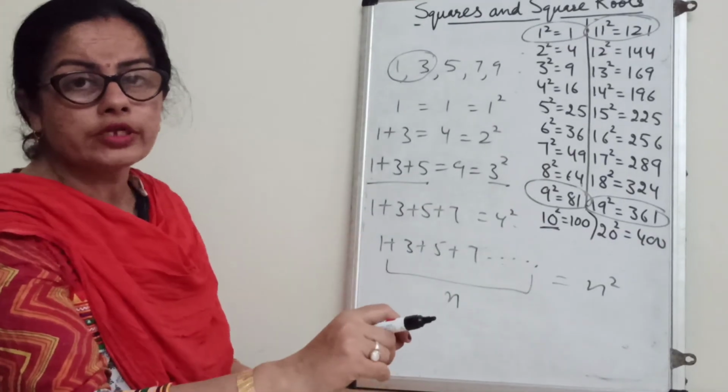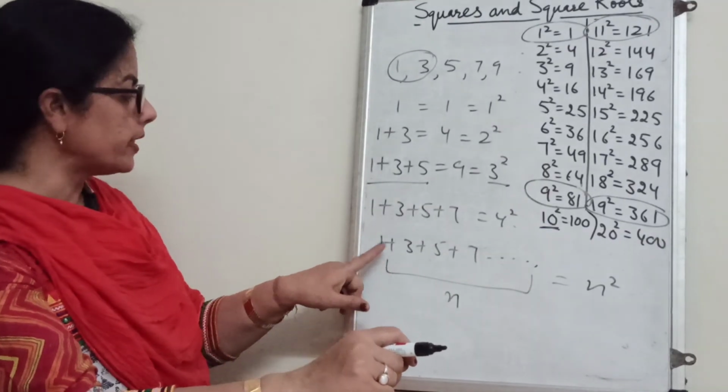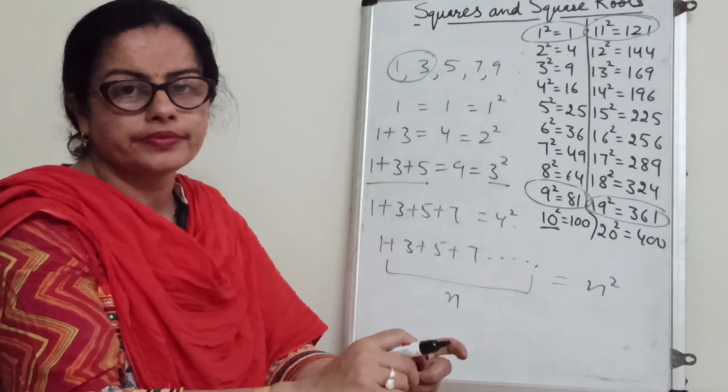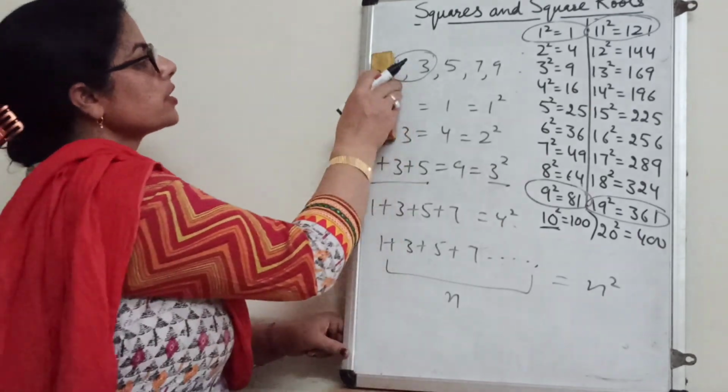So from here what do we study? What we can say is that the sum of the first n odd numbers is n square. Is it clear? Next is